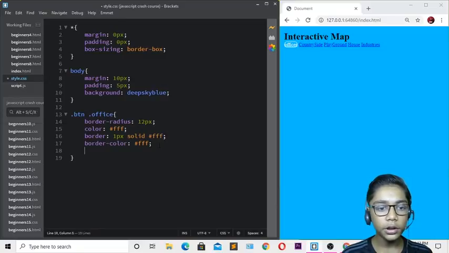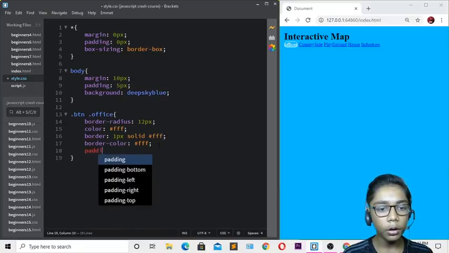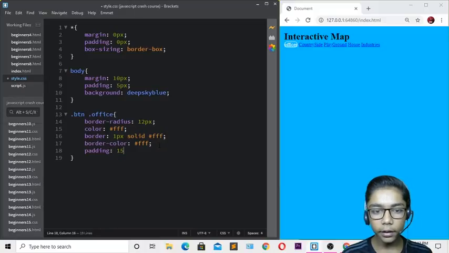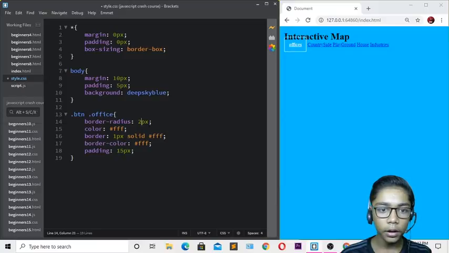And now you have to come and write the padding. Okay, so the padding I want, just come over here and write 15 pixel. So now when you've done these all, you have to come over here and change it to 10 over here. Okay, or 15 I will be giving, and the border radius I want of like 20. Okay, so I will be giving 15 over here, or you can also give it 21. Okay, so now it is enough. So when you've done that, you have to come and give it 13, and I will be coming over here and doing like that.